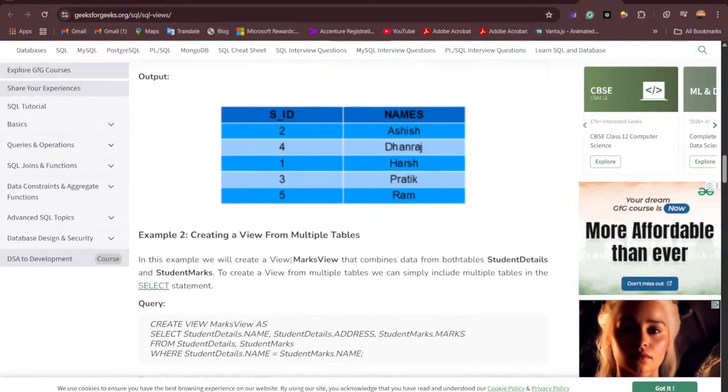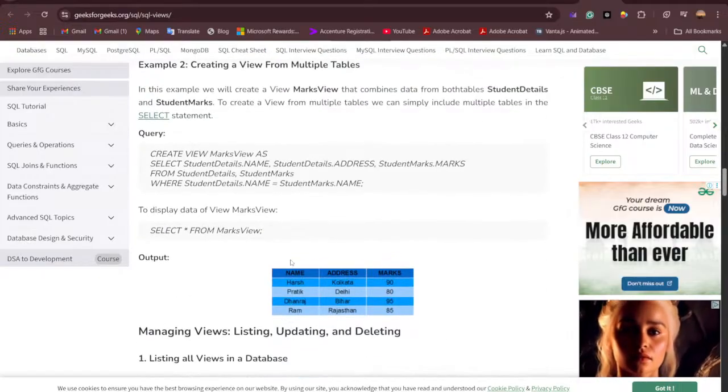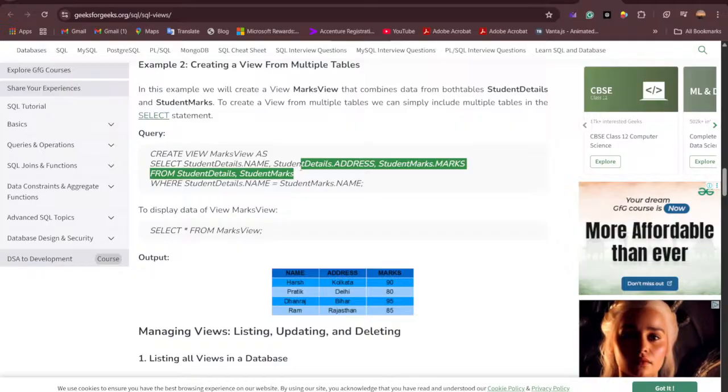Creating a view from multiple tables, marks as select student detail dot name from student details, student marks where student detail dot name equal to student marks. From student details और student marks से, ठीक है।